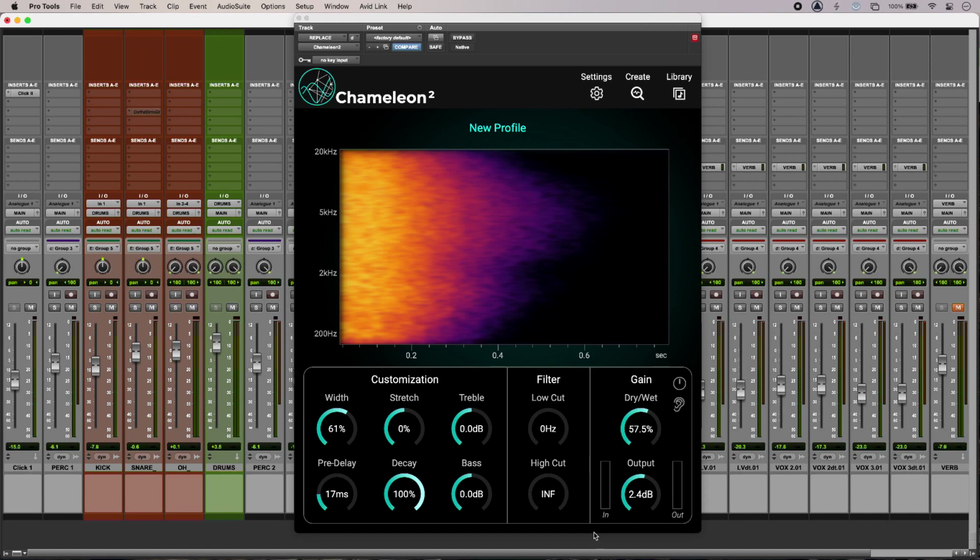Hi, this is Luke for Production Expert, and this is getting replacement drum samples to match existing ambience using Chameleon2 from Accentize. I'm going to go from a snare drum that I want to replace that sounds like this,